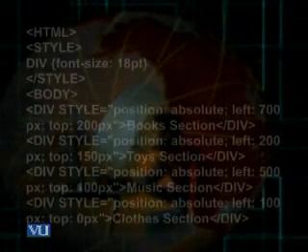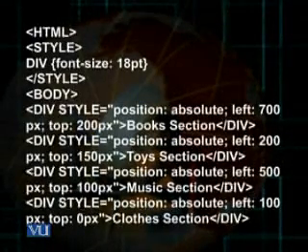Okay, with the HTML we start, then the style tag, and then there is a div tag. I have used the font size property, setting its value to 18 point. That means that throughout the body tag, wherever the div tag is used, the font size of the text will be 18 point. Then the body tag starts, and I have used a few div tags there.